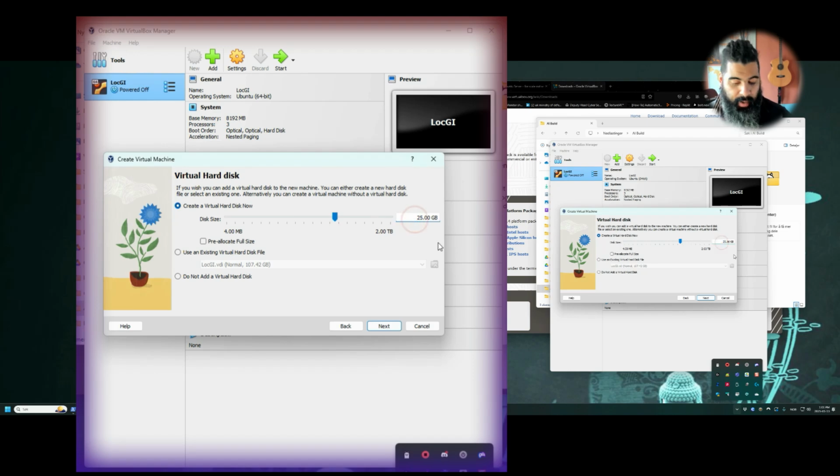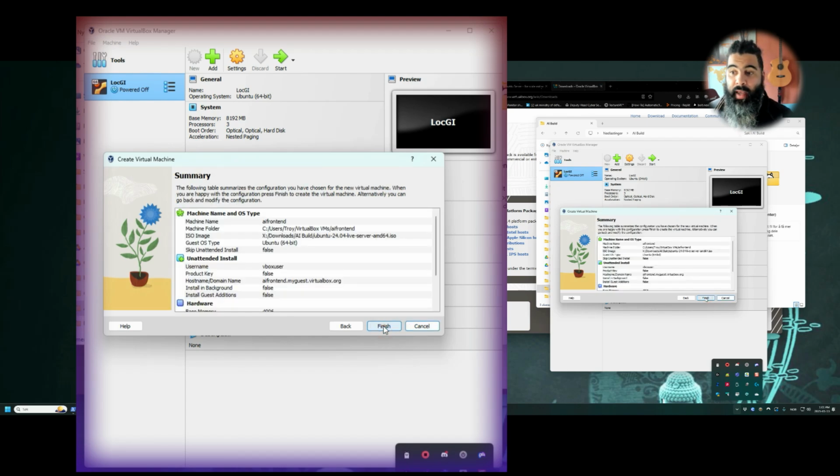Hard disk size, I think on my production one I'm using like 100, but I've played around with that a lot. You probably don't need that to start with. So start with 35, maybe go for 40. That way you have a little bit more playing space if you want to experiment with a few things. So I'm going to put that to 35, and we're going to click next and